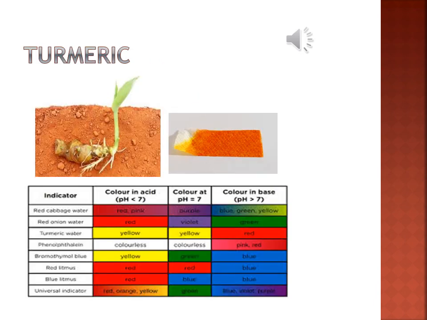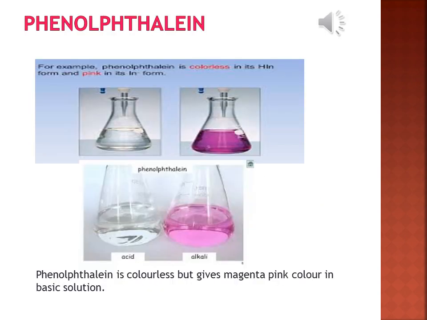Turmeric or haldi is a very commonly used item in our kitchens, and it is an indicator also. It gives yellow color when the things are acidic. If the pH is less than 7, then it is acidic. And if the pH is more, that is, it is more of basic nature, then it changes the color to reddish brown or rust color basically. So that gives the indication whether the sample is acid or a base. With acid, it will not change the color. With base, it will form rust color.